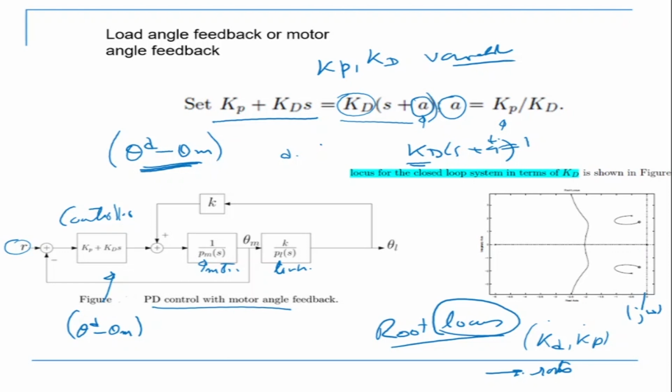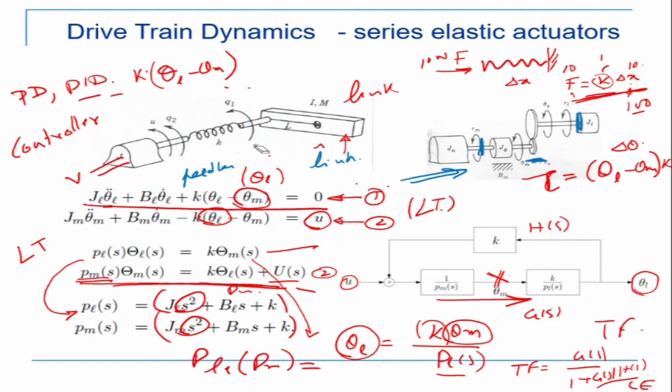So in this particular case, you can look at the root locus of this system. Which system? Where the encoder feedback is from the motor side. This is called motor angle feedback. I have put my encoder here, so this is my encoder here. And my feedback is going from here. So this is theta m. I don't worry about theta L now. So my feedback is going from theta m, and I'm controlling theta m only.